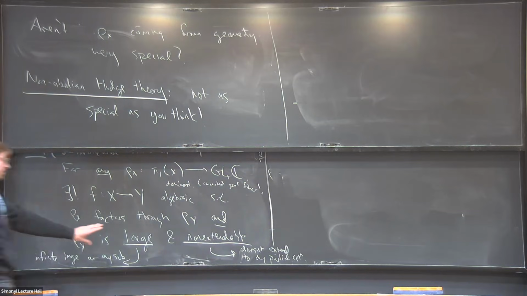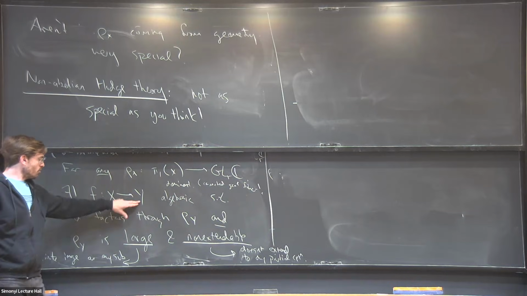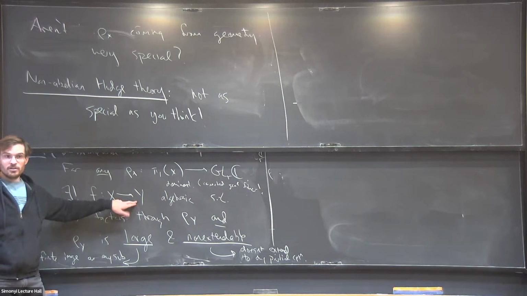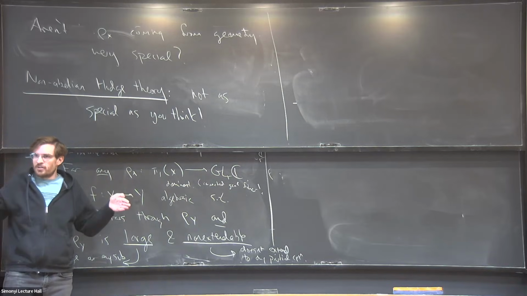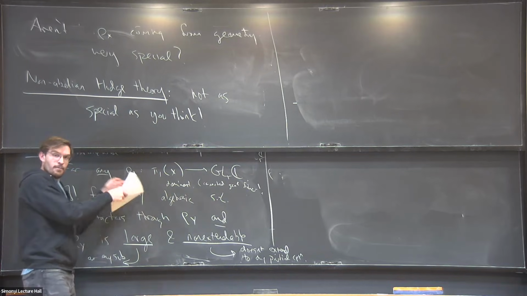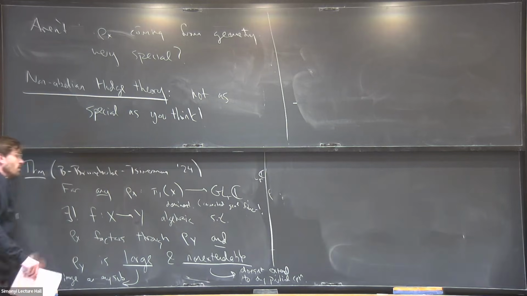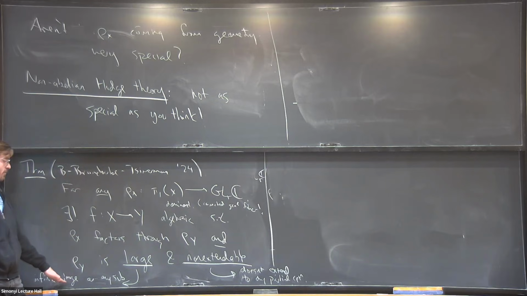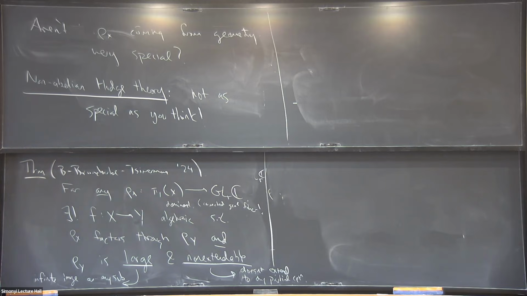But large and non-extendability are the two obvious things that might obstruct such a Y from being unique. If there were some subvariety on which, let's say, the representation is trivial, you could imagine contracting that subvariety to get a smaller Y. Or if there were some partial compactification to which you could extend the representation, then you could extend this map by making Y bigger. And what this theorem is saying is that you can contract all subvarieties along which the representation is finite image, and you can add as much boundary along which the representation extends.